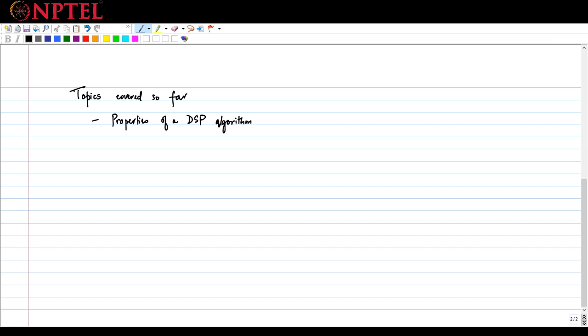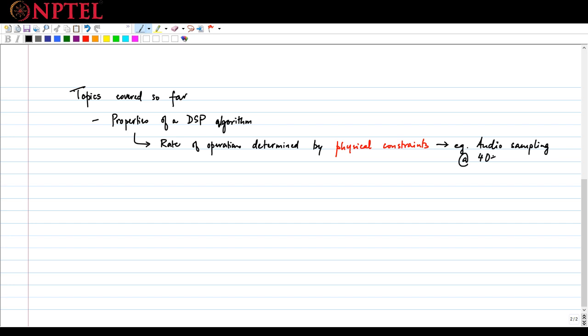But the DSP algorithm by itself has some fundamental properties that we could make use of, and some of them are the fact that, for example, the rate of required operations is to a large extent determined by physical constraints. And what do I mean by physical constraints? What I mean over here is something like, for example, audio sampling rate at 40 plus kilohertz